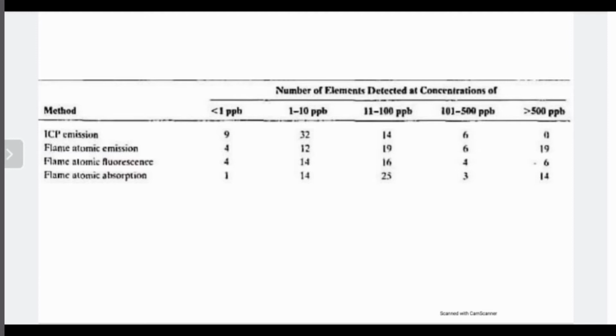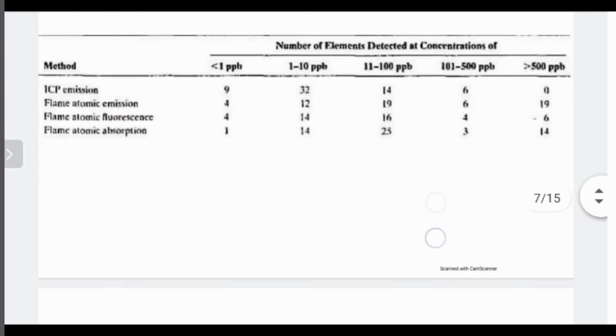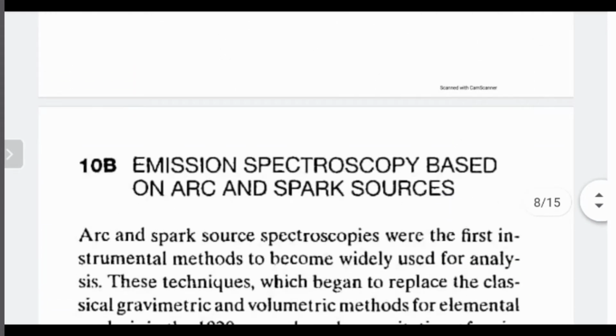So based upon the detection limit that we require for a particular element, we can switch between the ICP source and the flame emission technique. And what are all of these techniques used for? All of these techniques are used just to excite the ions, so that limitation depends upon the concentration of ions. This table is quite useful for comparing ICP techniques, or the plasma sources, with our regular flame emission techniques.